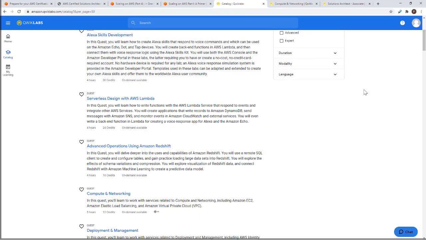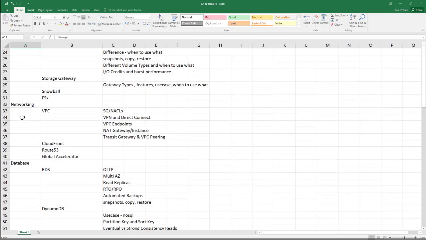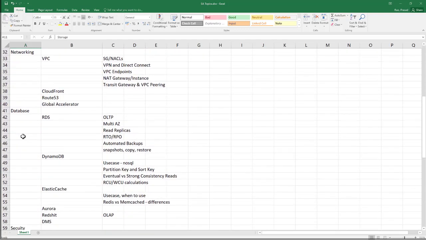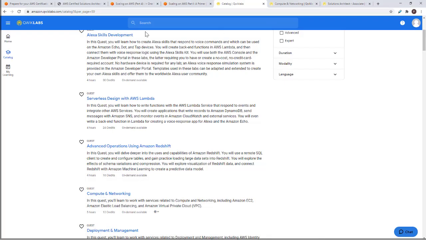Today I'll not be going specific into any of the core services. I'll not be starting with one of these: compute, storage, networking, database, or security. But what I'll be doing is trying to explain the overall concepts of high availability and resilience, and we'll see how we can achieve scaling on AWS, and that's where you will see this particular